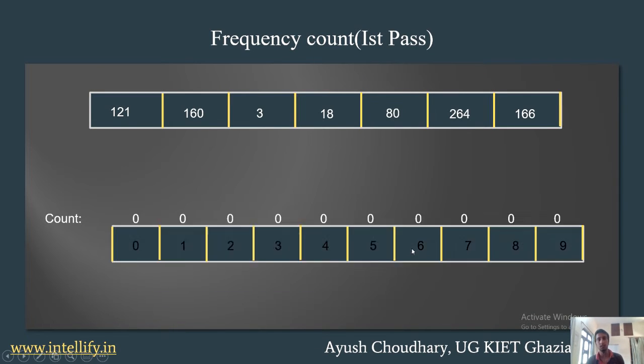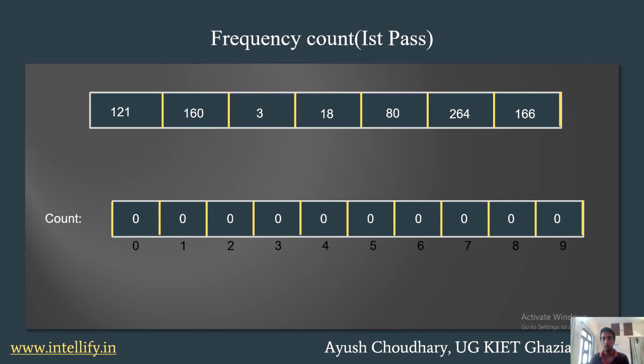Right? What happens in radix sort is that we sort the array on the basis of one digit from each element, and we start from the unit place, like this: first from 6, then from the second 6, and then from 1. In the first pass we use the unit place, then the tens place, and then the hundreds place. Since we have three digits, there will be three passes.